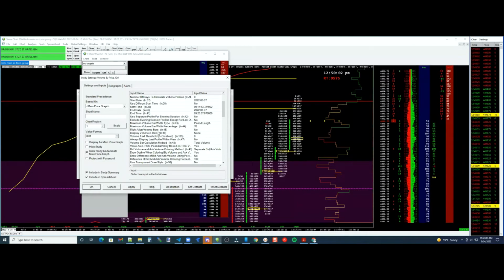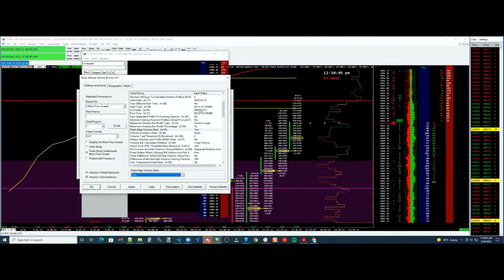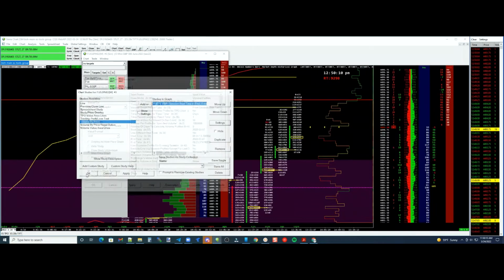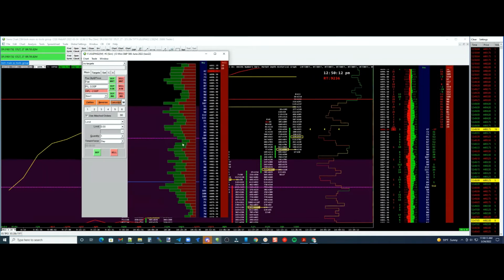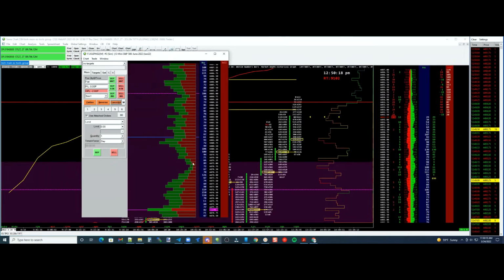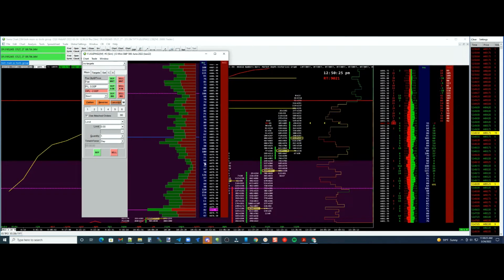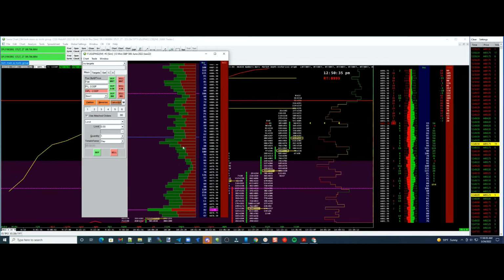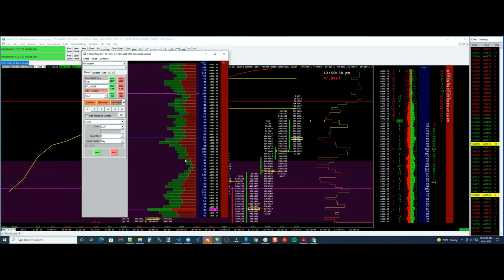Like I would want it right aligned. I would want it based on a specific setting, right? So I'd want to see the POC. I would want to see where my low volume nodes are. So, for example, right here, a low volume node, the price pulls back into this low volume node. For my particular setup, Ray, which would be with the market orders lifting the offer or hitting the bid, the stack pulling and stacking, when we get to that low volume node,